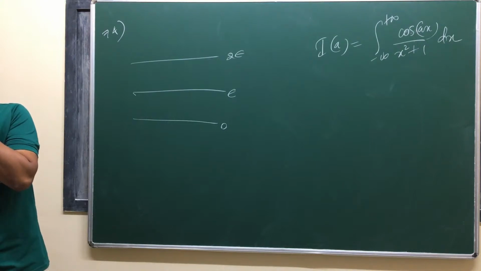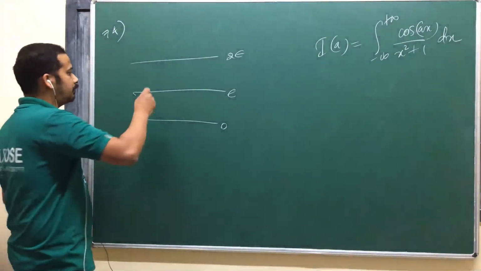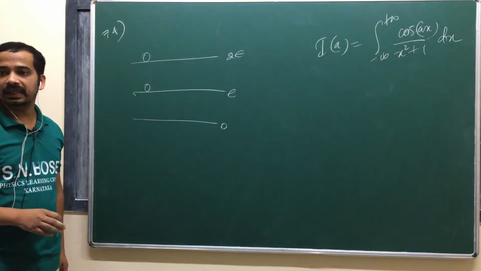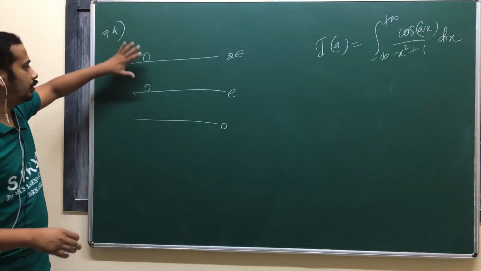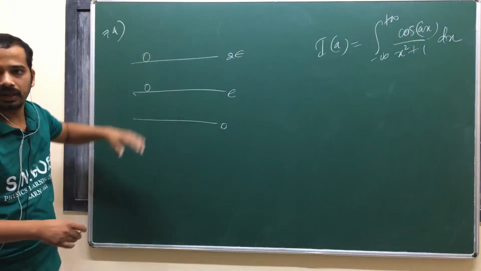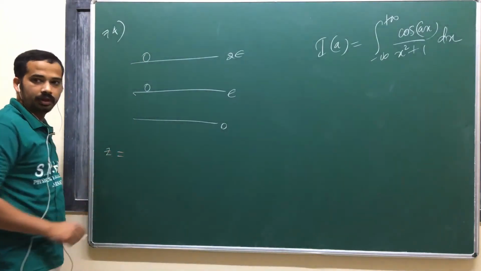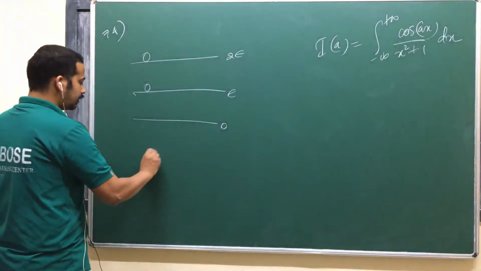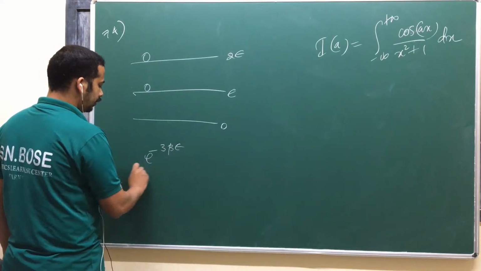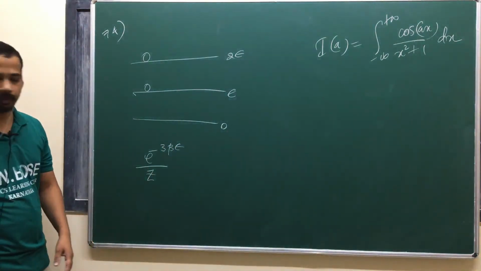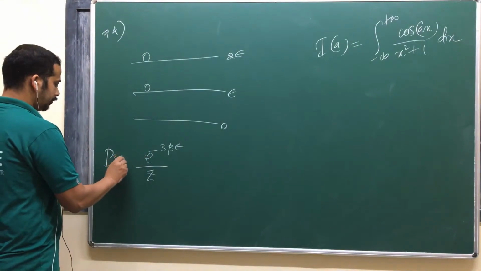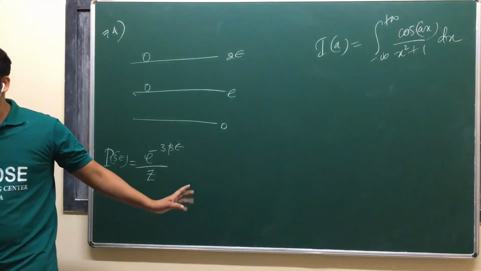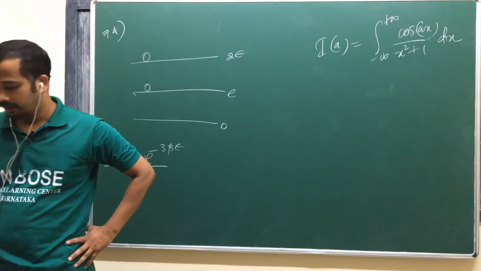And what is the probability of getting total energy 3E? The total energy 3E will happen when you have one boson here and one boson here. There is no other way to get 3E energy. There is only one possible combination, and you find Z, the partition function of the total 2 boson gas. So you can write e power minus 3 beta E divided by your partition function. That's the probability of getting total energy 3E. That's also a very simple question; in 5 marks, you can do it quickly.